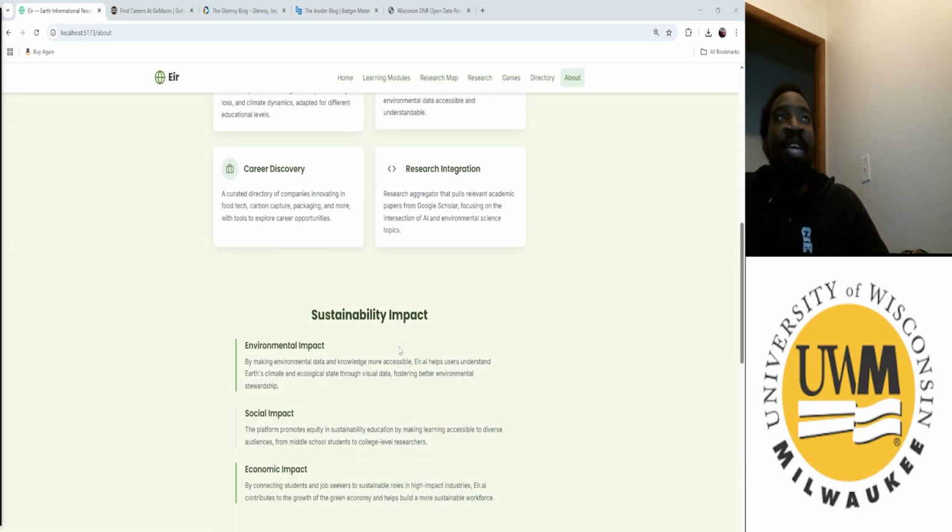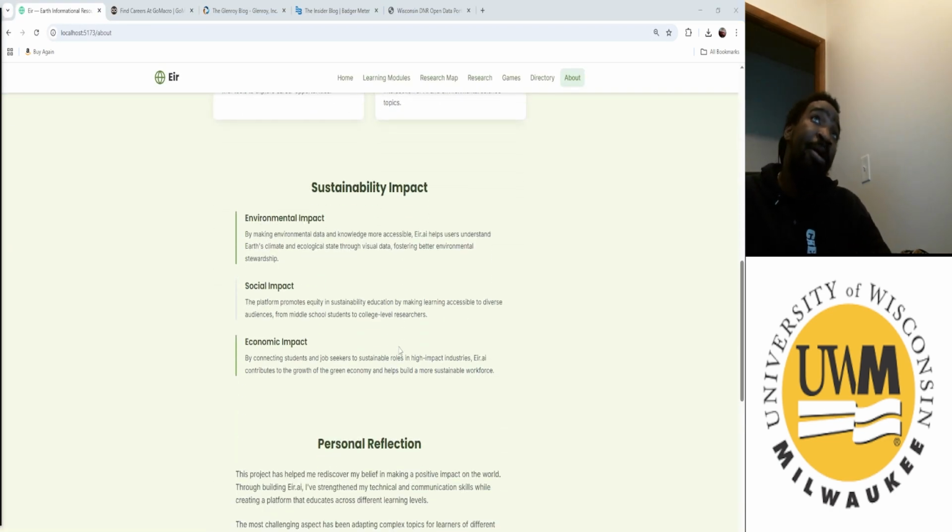Okay, and for the sustainability impact, we are making environmental data and knowledge more accessible, helping users understand Earth's climate and ecological state through visual data, fostering better environmental stewardship. For the social impact, we are promoting equity through sustainability education, making learning more accessible to a diverse group of learners from